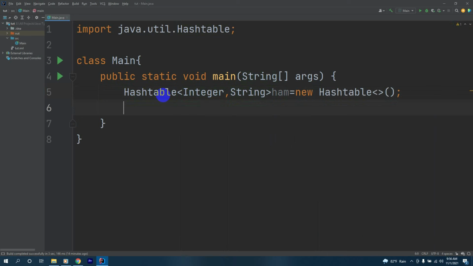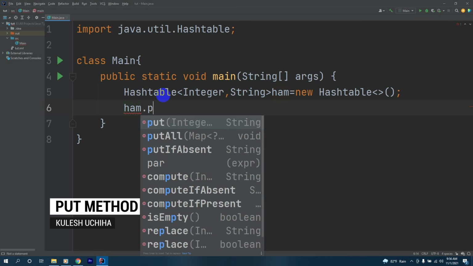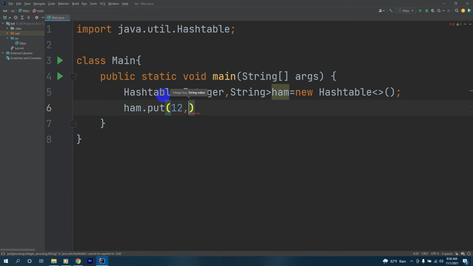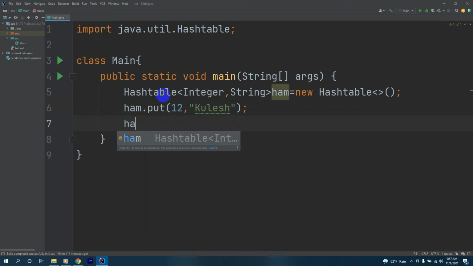And now let's add some values to our ham. ham.put, we'll give a key as first, and we'll call this 12 Kulesh. Next we'll have another key value pair.